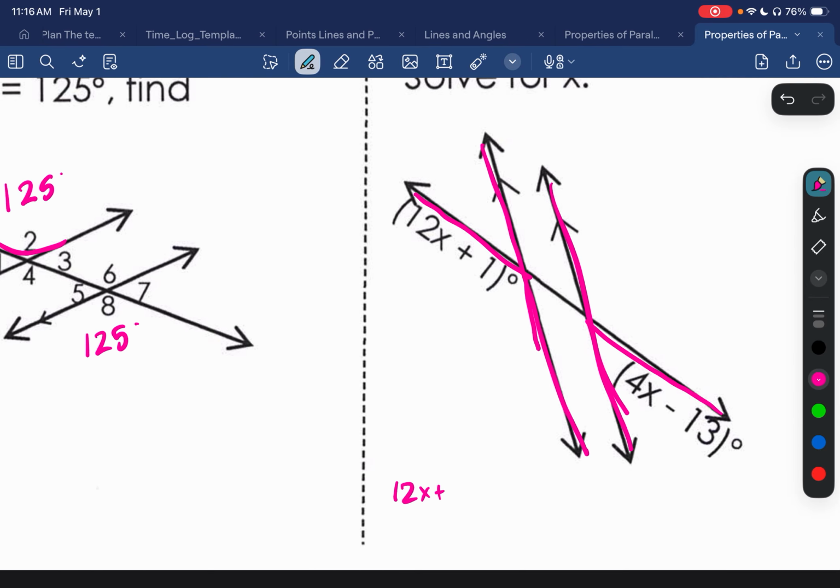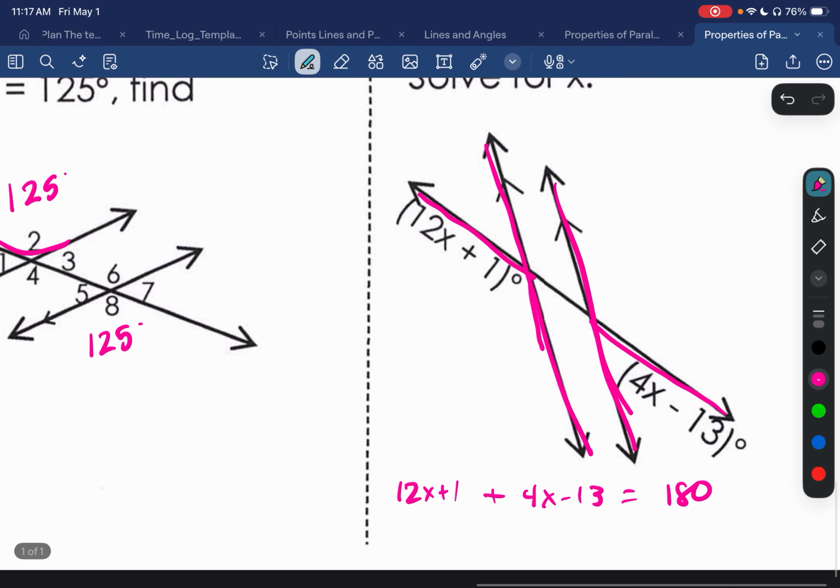12x plus 1 plus 4x minus 13. Both of those angles should equal 180 degrees. All right, make sure you pause the video, try to solve that yourself, and then play to get the answer. If you were to combine like terms and solve that, you should get x equals 12. All right,